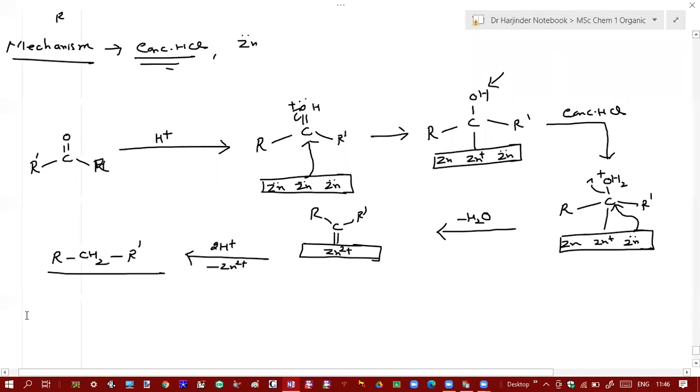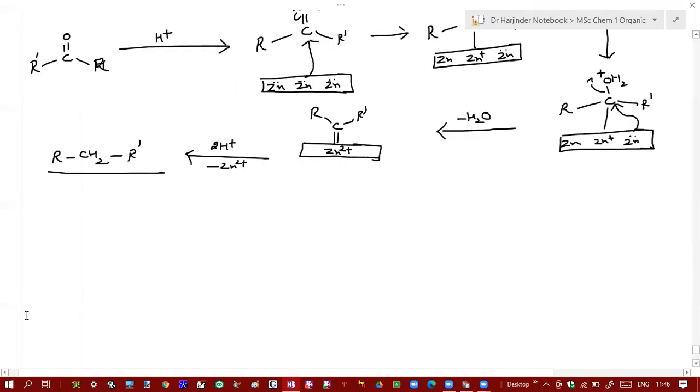So let's look at the next reduction reaction. In Clemmensen reduction, we reduce the carbonyl group into the corresponding alkane under which medium? Acidic medium. Suppose we again want to reduce a carbonyl group to an alkane, but we cannot use acidic medium in that reaction, because if you use acidic medium, some other functional groups may also break, some bonds may also break. So the next reduction method is